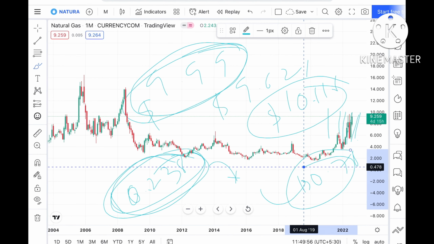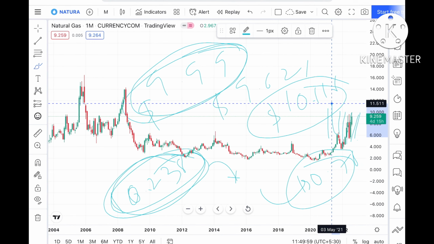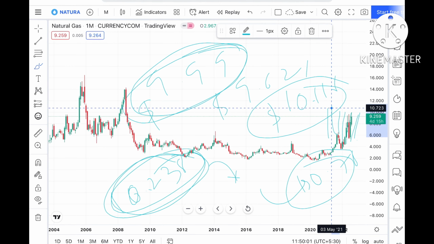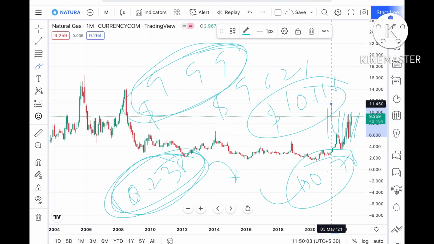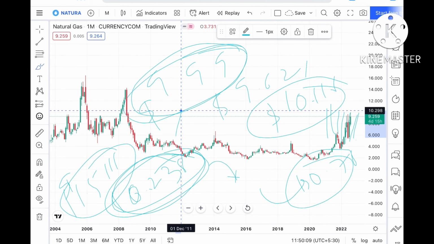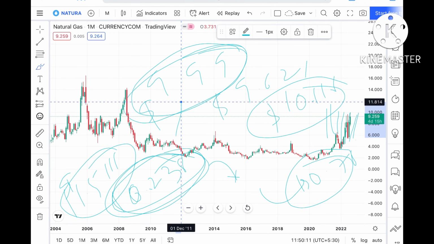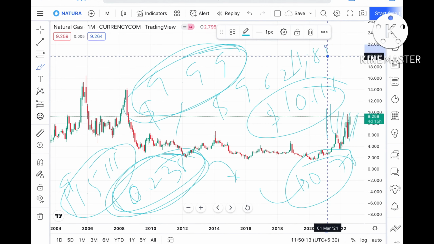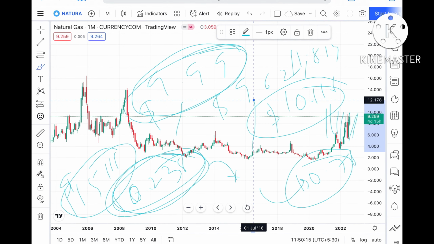$10.78. Okay, so suppose the price goes above $10.7, then there is a high probability that if that sustains, it can go further upside and touch a level of $11.511. Okay, so suppose the price goes above that level, then there is a higher probability of going further high towards a level of $11.81, and from there it can go further upside towards a level of around